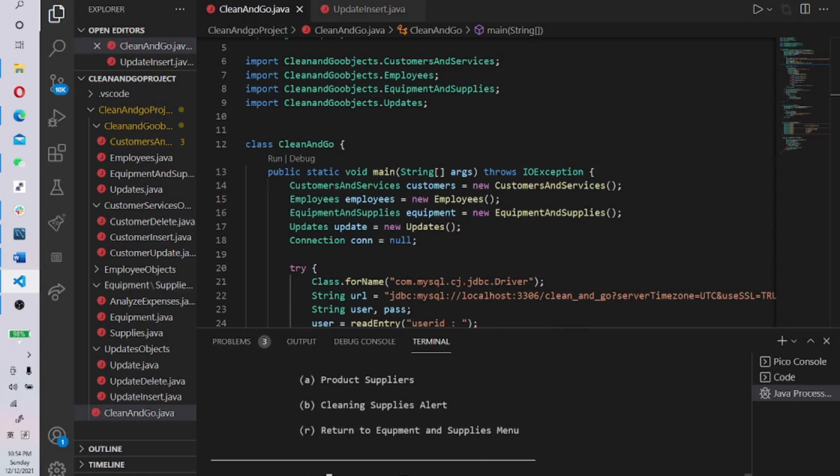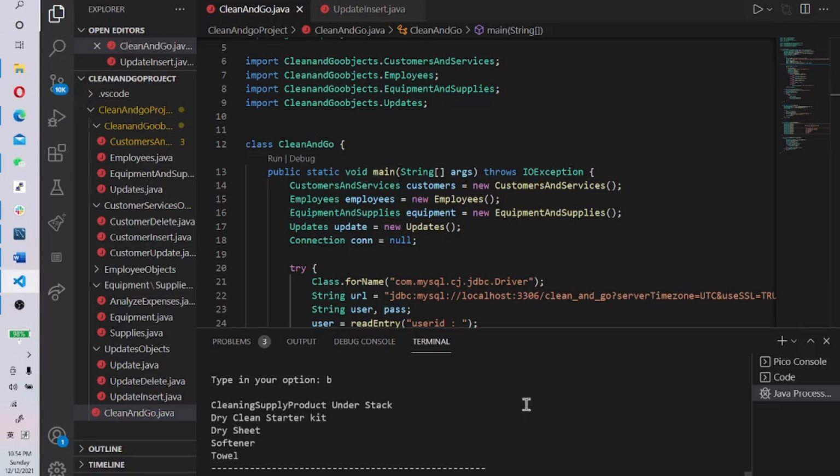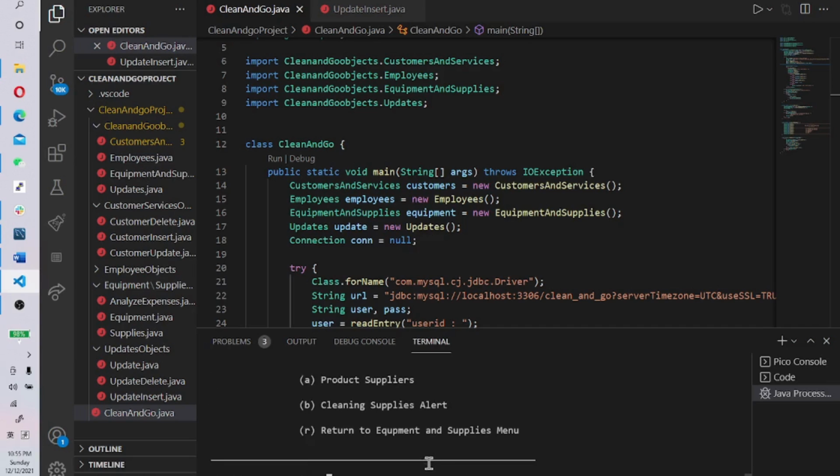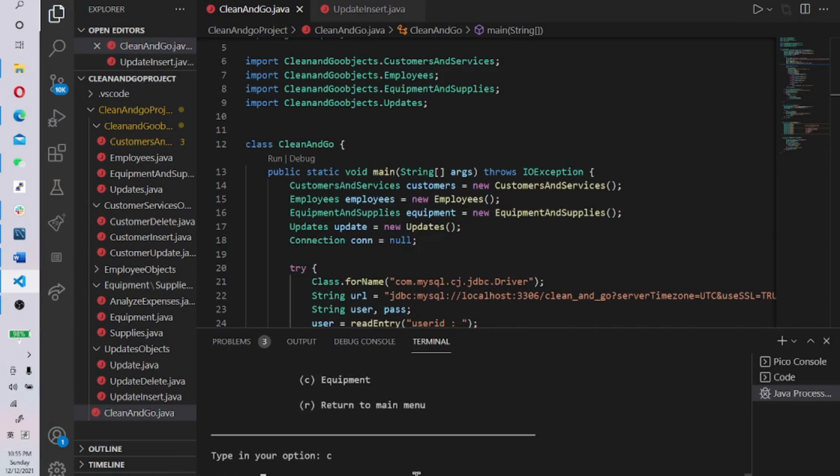Then next, let's take a look at what cleaning supplies are under safety stock. B. Okay, there are four of them under stock. Okay, let's go back to the equipment and supplies menu. And then next we choose C,